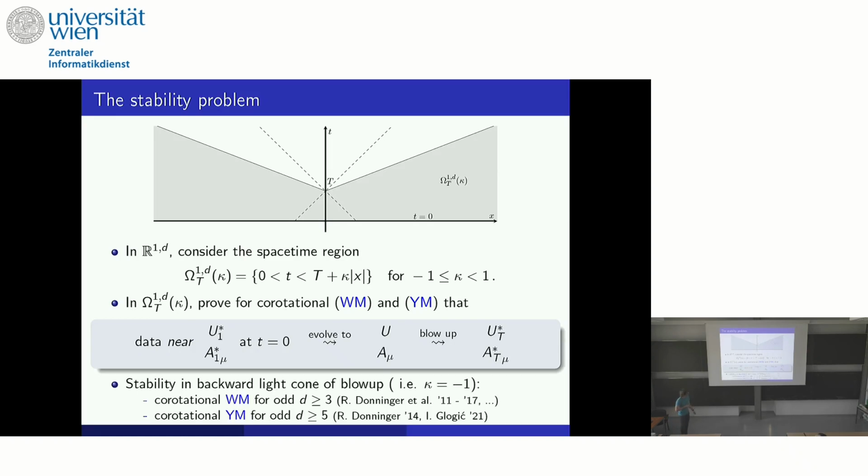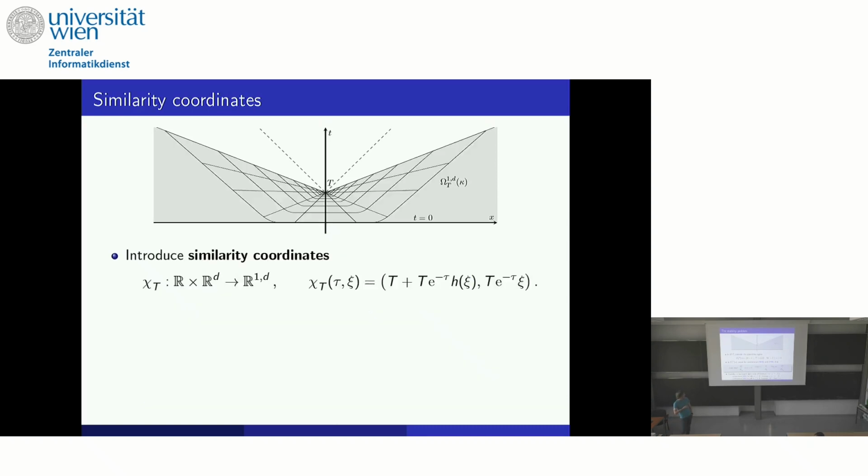Let me just briefly mention that there are, of course, lots of results on the stability within the backwards light cone. This was pioneered by Roland and his research group. And right, in order to access regions beyond the backward light cone, what do we do? What's the idea to go from within the light cone to beyond the light cone, and outside of this region? The idea is to introduce